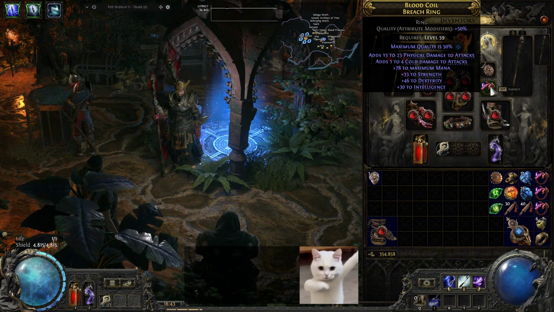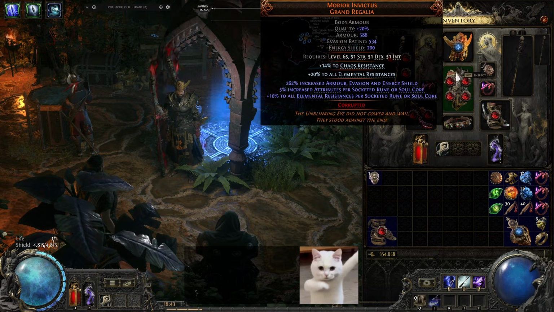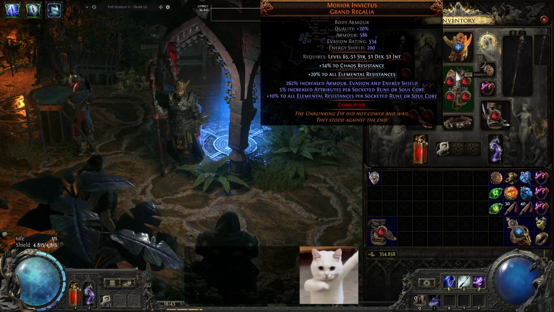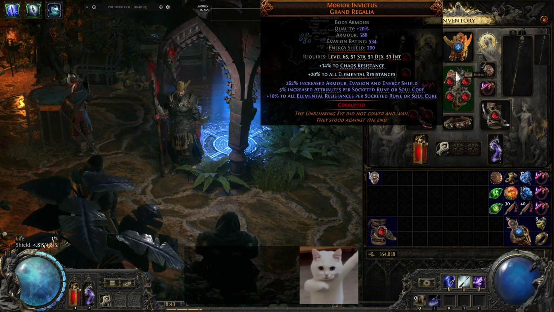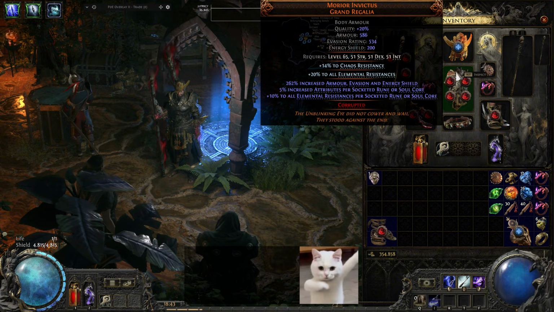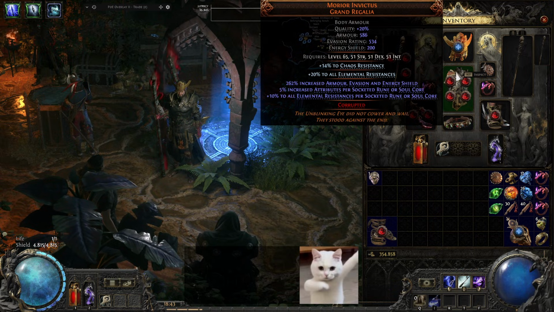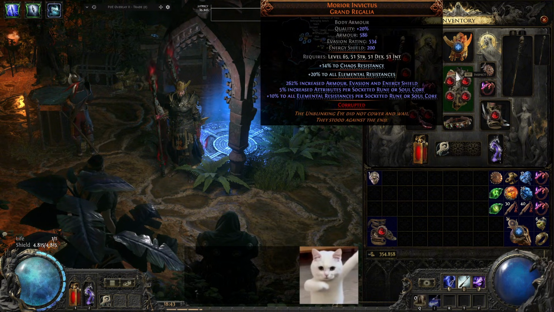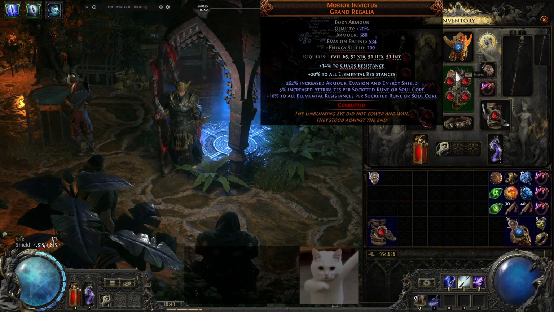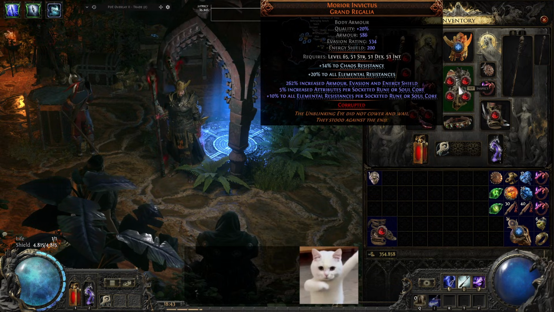Okay, now let's move to the ring. Wait, actually let's go to the armor first. The armor is Grand Regalia. Right now I'm using the plus 2 elemental resistance and also increased attributes. Before this I was using mana and attribute, and it also worked, and it is much cheaper than this one,